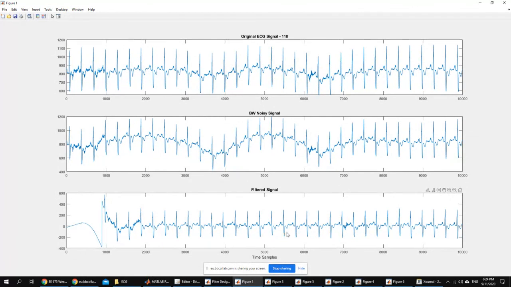As an engineer, you try to get very, very rough estimates to start with and see if it works or not, and try to optimize around them. I'm not going to stop there. I'm going to optimize around it. I'm going to try to change the cutoff frequencies until I get something that looks better, even better than this. I'm going to try to basically make the order a little bit smaller. These are optimizations, but actually I got some results. These are results very quickly using very simple methodology. And this is the kind of engineering that I would like you to basically start